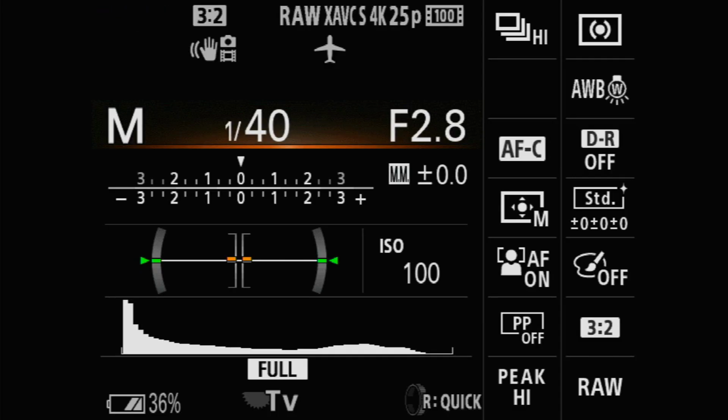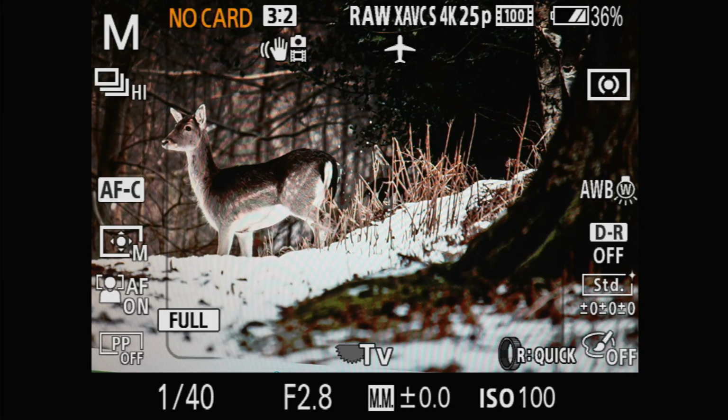Basic stuff there is actually really helpful, but I generally shoot like this, so you can see pretty much everything you need. I know I'm in 4K, I know what my white balance is, I have it in standard, DR is off,